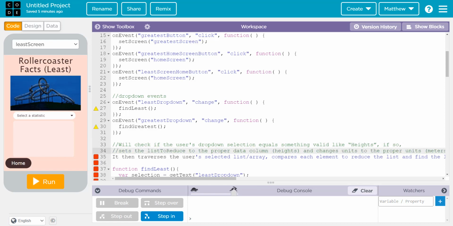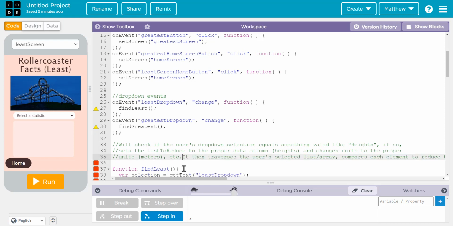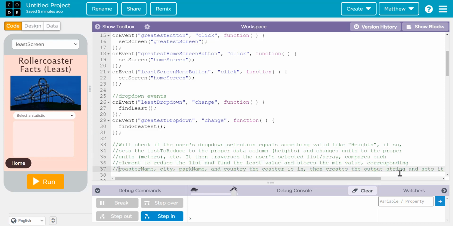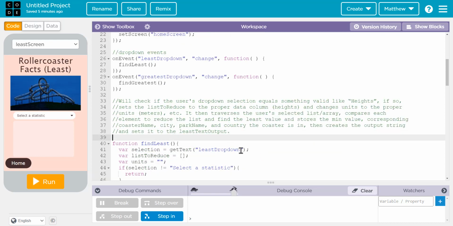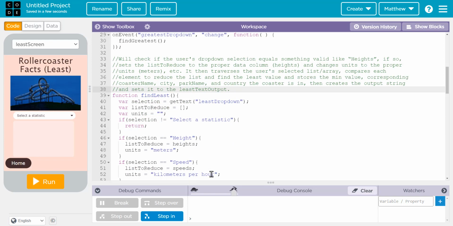So sets the height to the proper units, and then traverses each element to reduce the corresponding coaster name, and sets this. This is a lot of text, right? But look at that. Great commentary of what this does and how it's going to do it. Okay, so those are some of our extra points